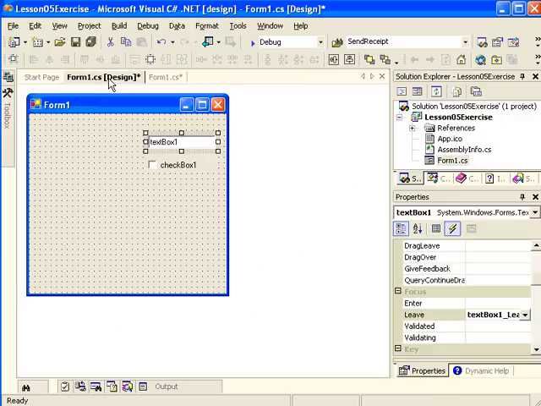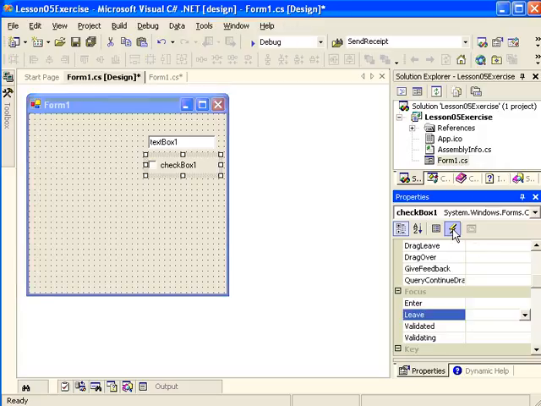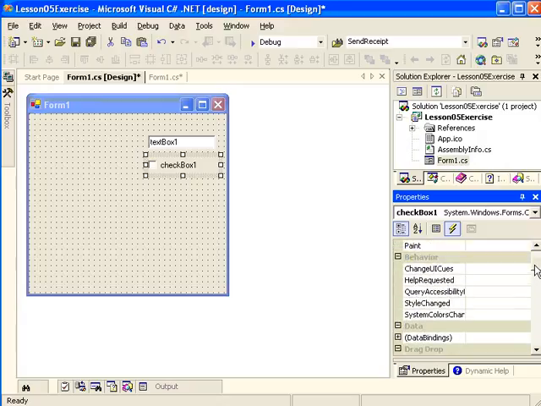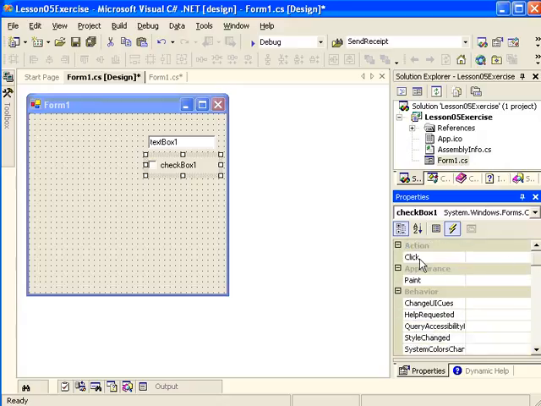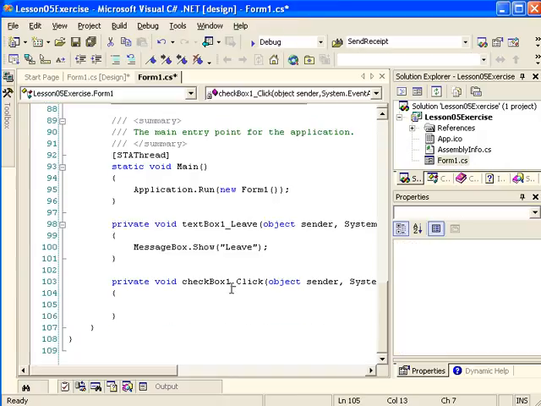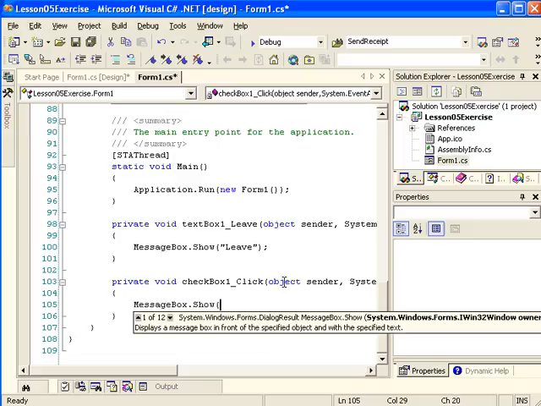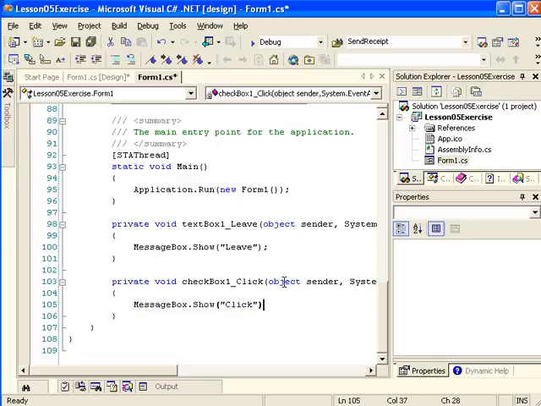The next one requests that we make an event whenever a user makes a selection or a check in the checkbox. We didn't work with the checkbox before, so we're going to have to look through the events and find one that satisfies what we're looking for. I think the click will probably do just fine. So I'm going to double click, and it creates private void checkBox1_Click. Here I'm going to write MessageBox.Show("Click"),